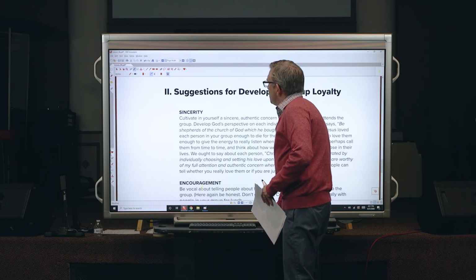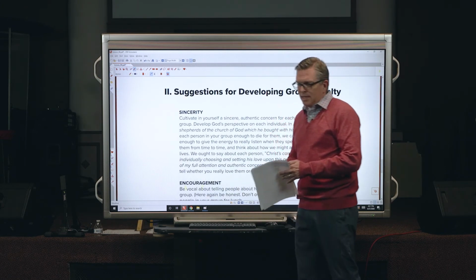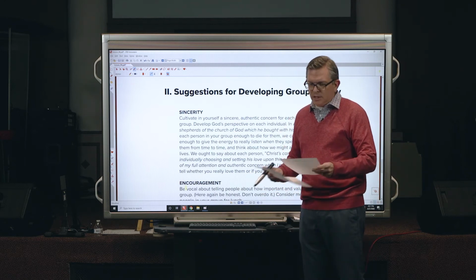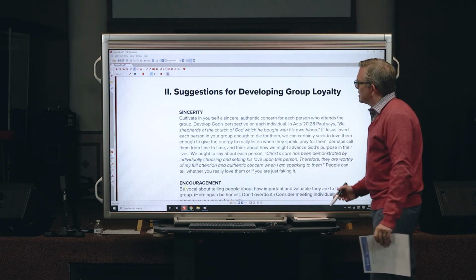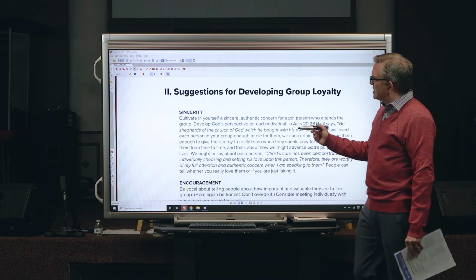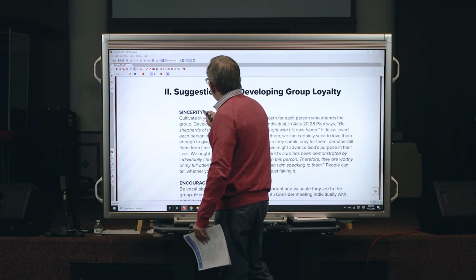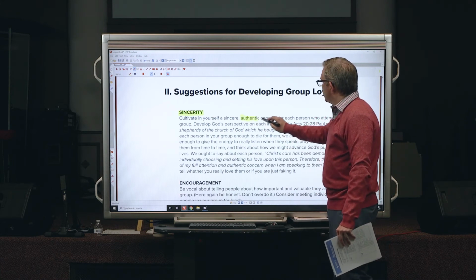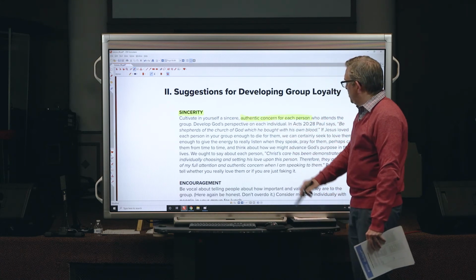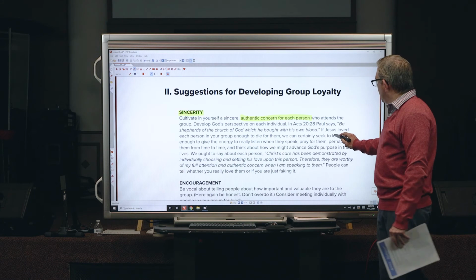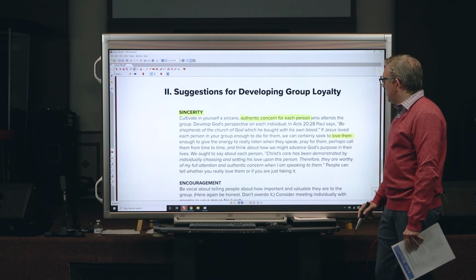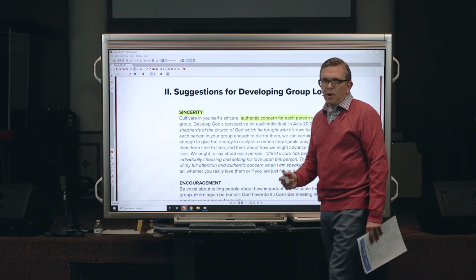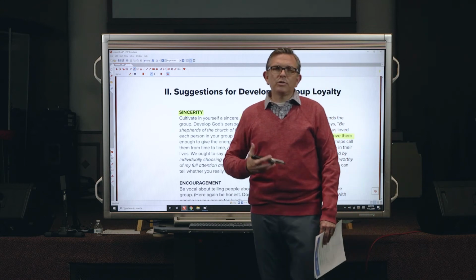How do we develop group loyalty as a leader? Just a few things here. These are basics. But first of all, sincerity. Cultivating sincerity as a leader. Authentic concern for the people in your group. Loving them. Caring for them, praying for them. You, as a group leader,